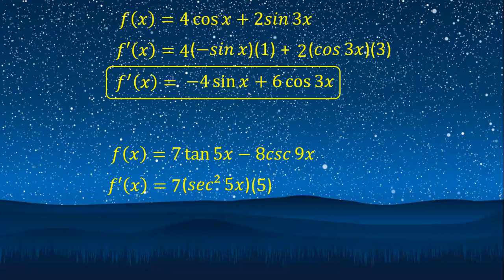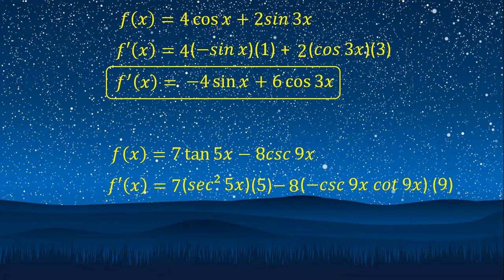that is 5. Minus, we will do the same for the second term. So copy the coefficient 8. Then the derivative of cosecant 9x is negative cosecant 9x cotangent 9x. Then we will multiply it by the derivative of the given algebraic expression, which is 9x, and its derivative is